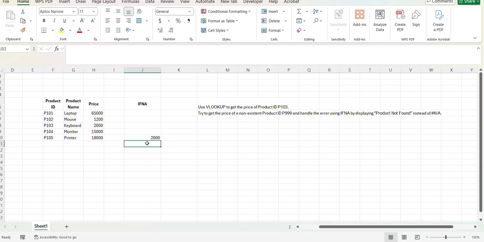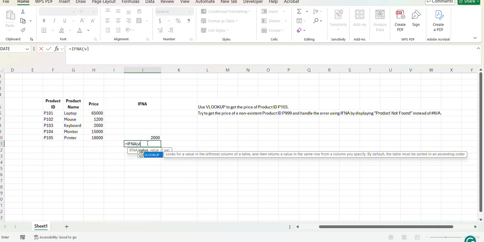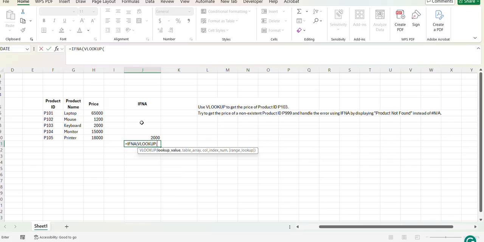Now try to get the price of a non-existent product ID P999 and handle the error using IFNA by displaying product not found instead of any error. So I will write just IFNA and then VLOOKUP. Lookup value is P999,